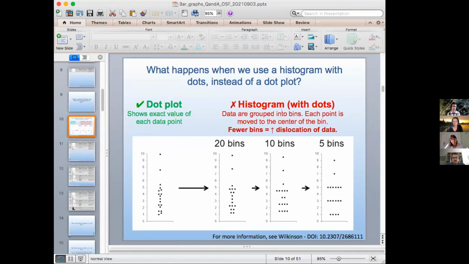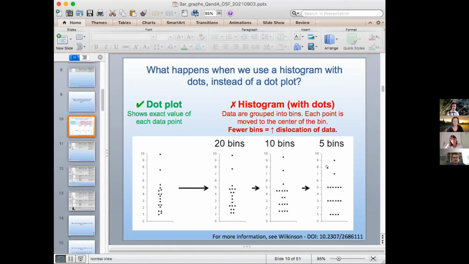A histogram with dots is basically grouping the data into bins. So every data point is moved to the center of the bin, and how much movement depends on how many bins. So you can see with a large number of bins, you have relatively little movement and little distortion. With a small number of bins,